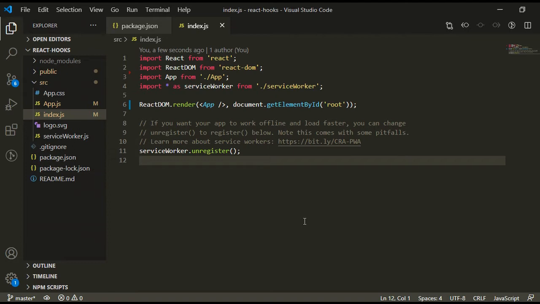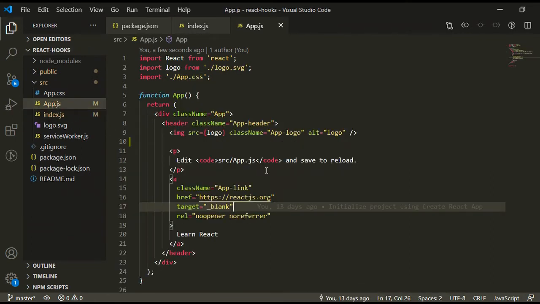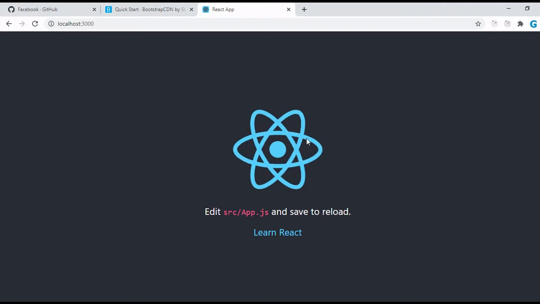In this video, we will learn about the useState hook, how we can use that and how to define it inside the component. So let's start. In the last video, we set up our React project. So here is our project. This is our index.js. This is our root file to bootstrap the application. Here we are using the App component. This is our App component. Here all the things are coming, whichever we can see on the page.